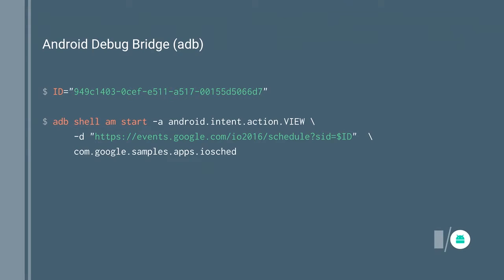So now you're ready to test. And if you want to just test your app in isolation, let's say maybe you haven't gotten the server-side file deployed yet, for Android, you can just launch your app from the Android debug bridge with a view intent, passing the URL you want to test out. And that should launch your app and get you straight to the right screen if you've done everything right.